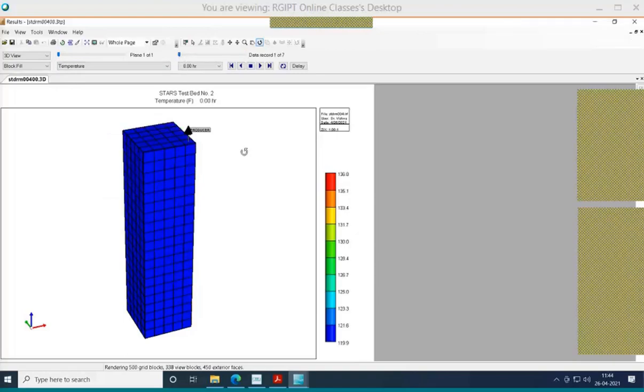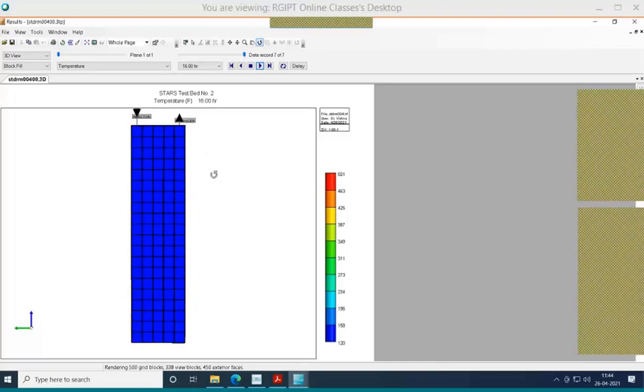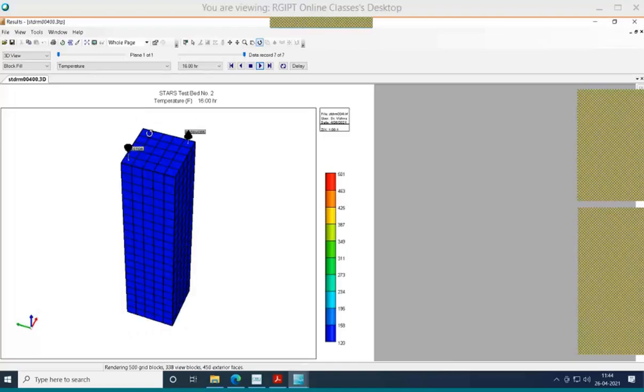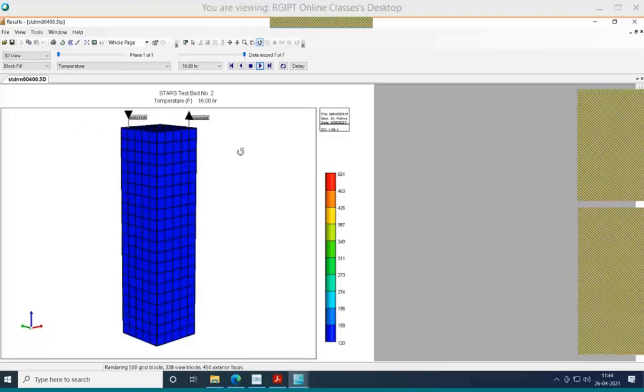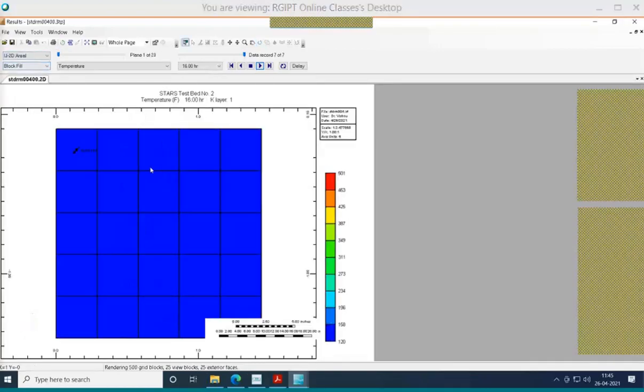While seeing the temperature, we will be able to know how the burning front moves in the reservoir. Initially, the temperature was high over here. Because it will be difficult in this view, let me take a cross-sectional view. Something like this. 3D view, 2D view.